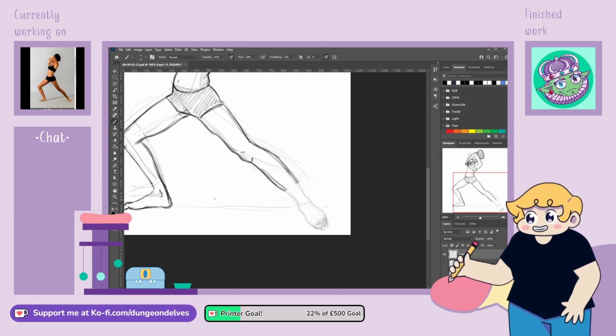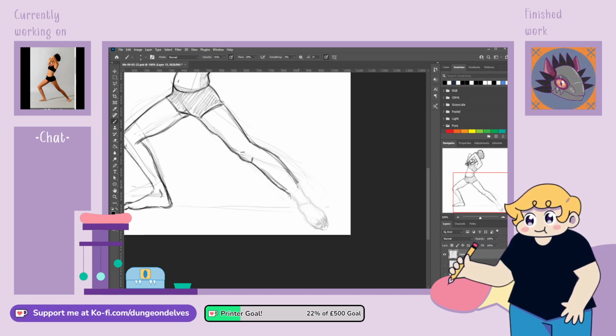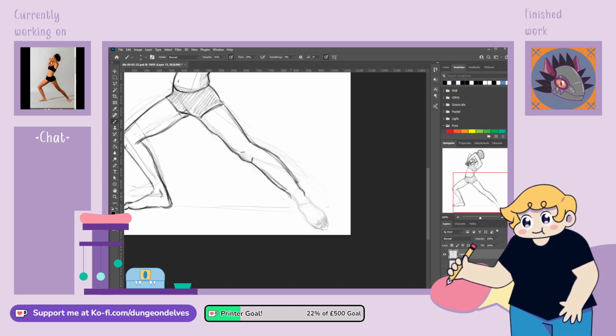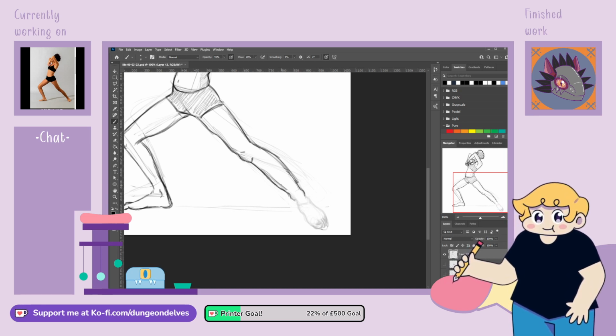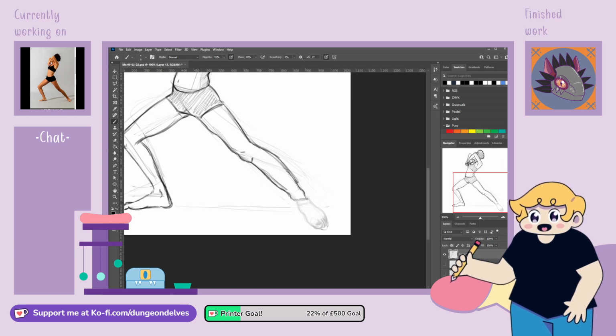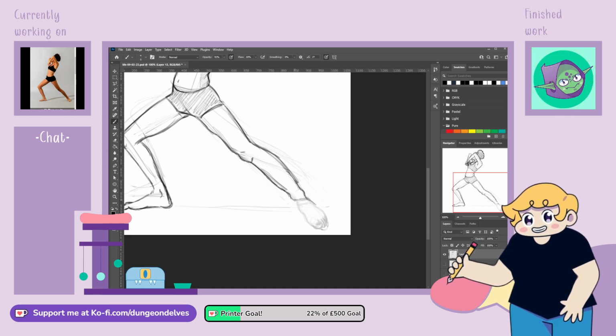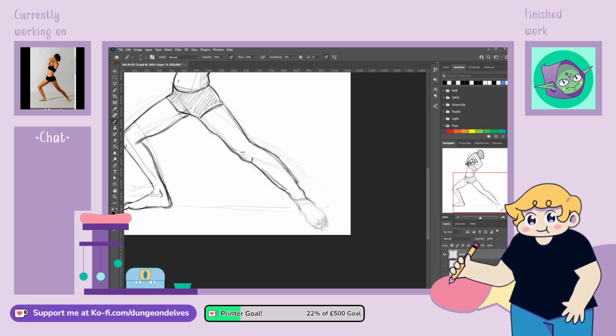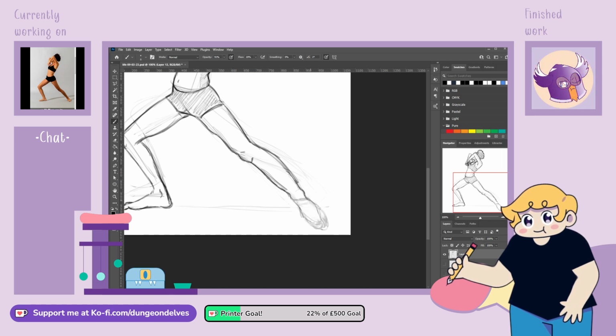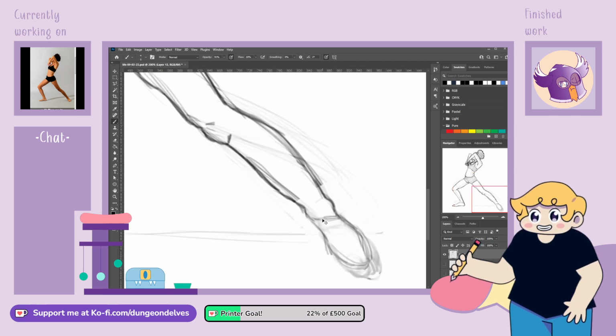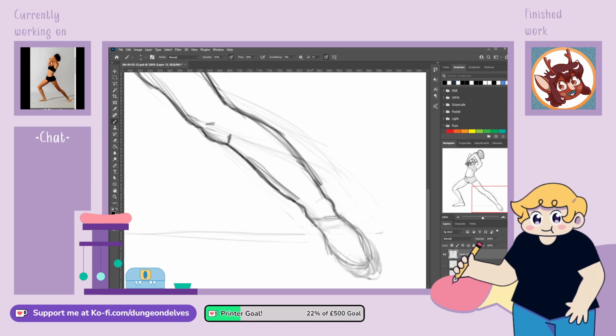So the ankles should be in line. That's what I'm getting. Okay. Let's do that. Got the ankles in line. We got this line of the foot. And then this comes out here. This goes in. It comes out. We're doing it. We're being brave. We're redrawing the thing that we were happy with because it's in the wrong place. I think this is a slightly better place.